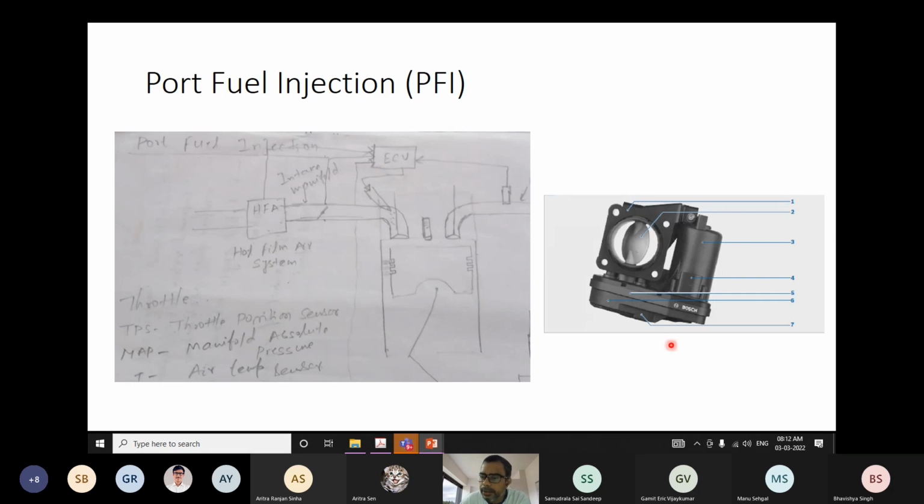Last class we discussed a question: whatever accelerator pedal we are pressing, is the signal going directly to the electronic throttle, or is the electronic throttle getting the signal via the ECU? What actually happens whenever we press the accelerator is that the accelerator signal goes directly to the ECU, and then based on that demand from the user in terms of the accelerator signals, the ECU will send the actuation signals to